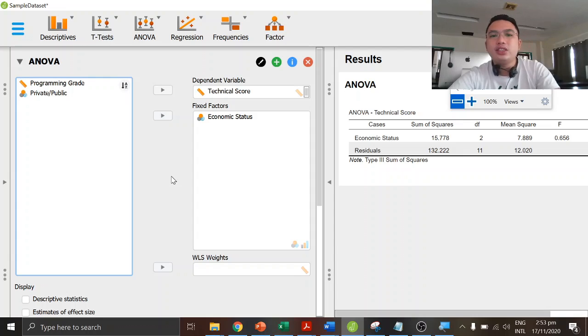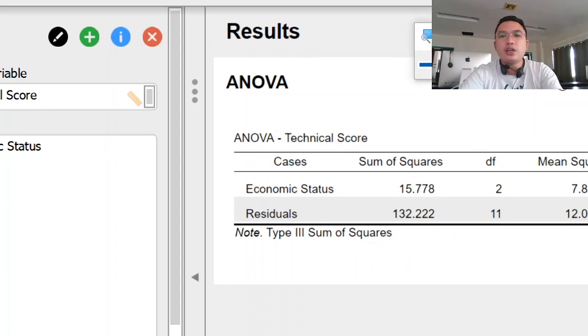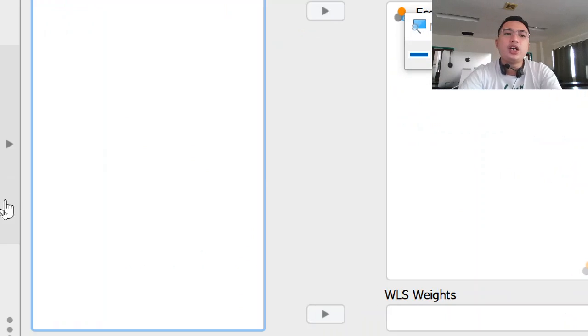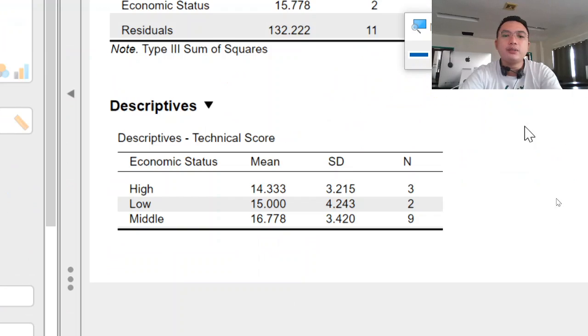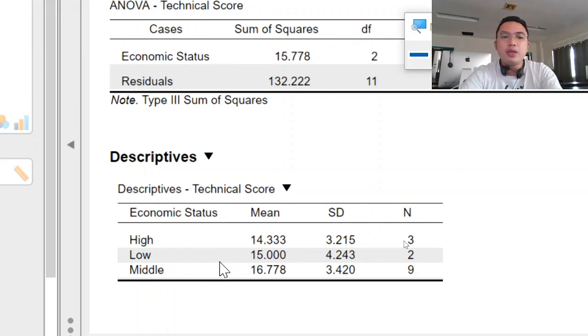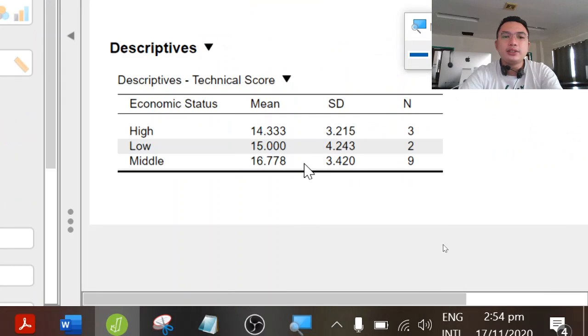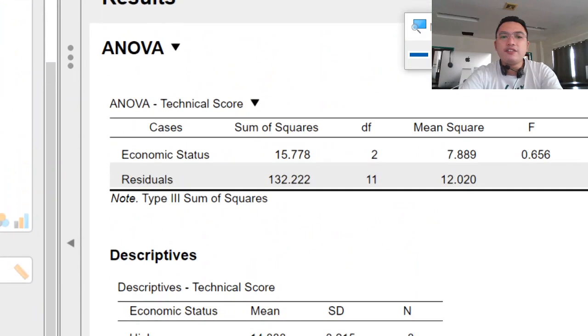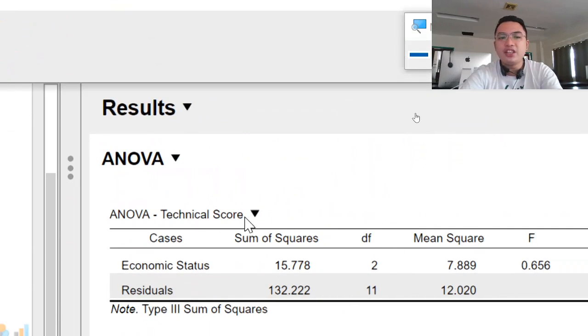So we'll be discussing the actual results of the ANOVA. So just disregard the other options, but you can explore here. You can actually explore the descriptive statistics here, and then estimate eta squared if you want to, but that won't be needed in our video.